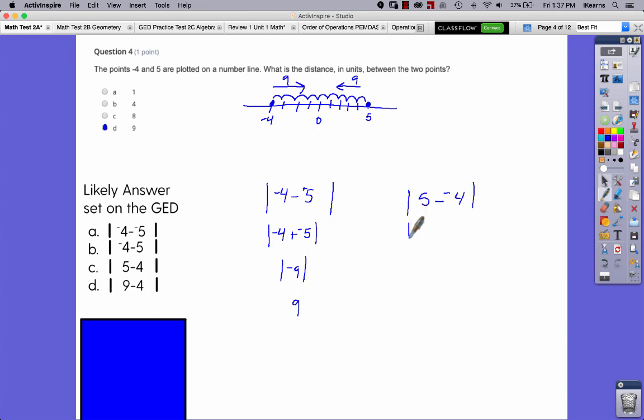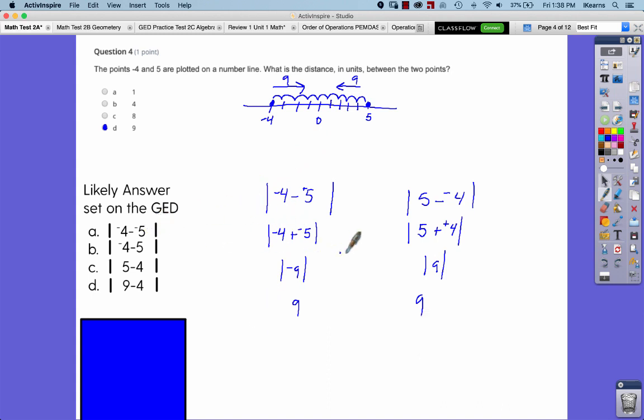Over here, same thing. You got a subtraction, so whenever we subtract, we're going to add the opposite. So 5 plus a +4. If you add and then change this to the opposite sign, 5 plus 4 is the absolute value of 9. The absolute value of 9, again, is just 9. So